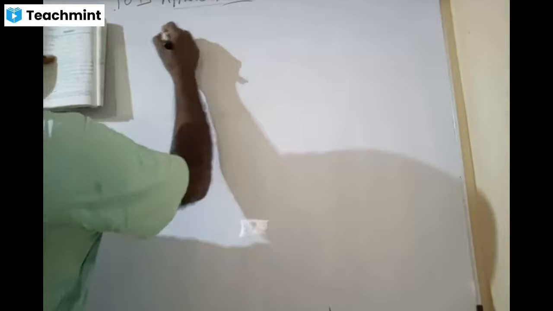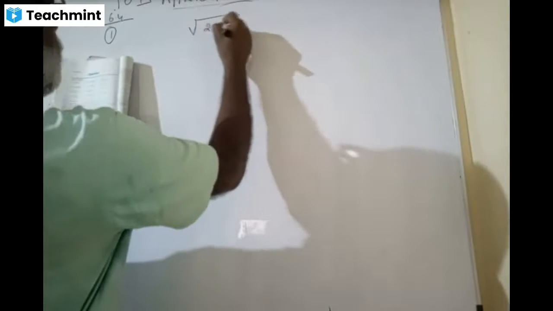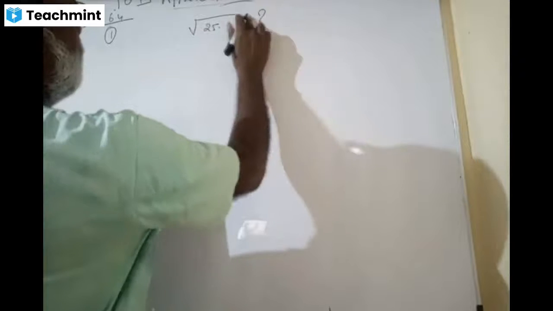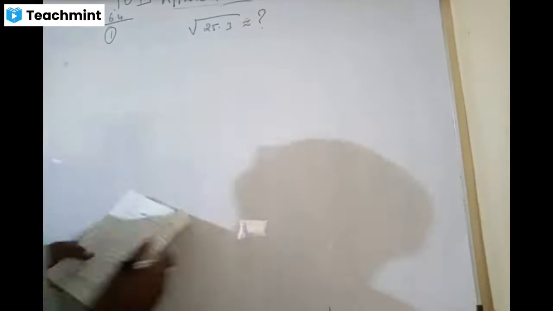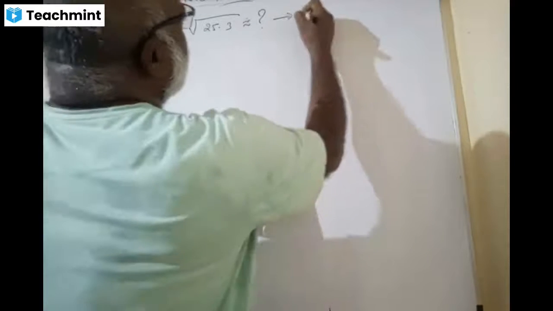But now let us see how to find out the values of some irrationals and bigger powers, useless powers and all. Come on. Friends, here, how do we do it using differentials? Question number 1, 6.4. I'll do just 2-3 questions, enough. First one is root of 25.3. What is the approximate value of this? Using differentials, find the approximate value.